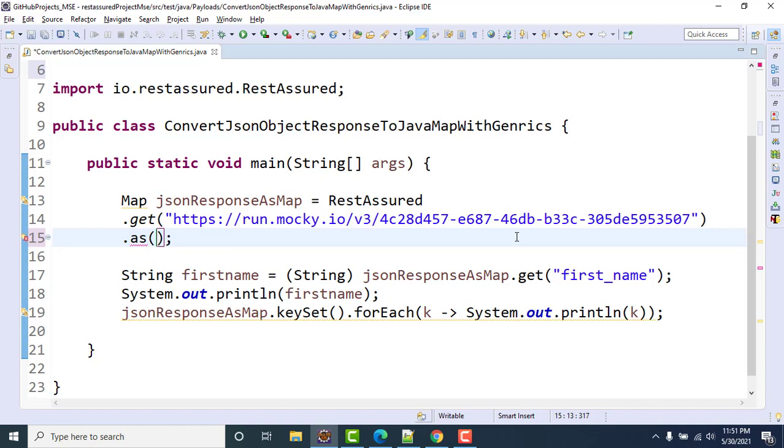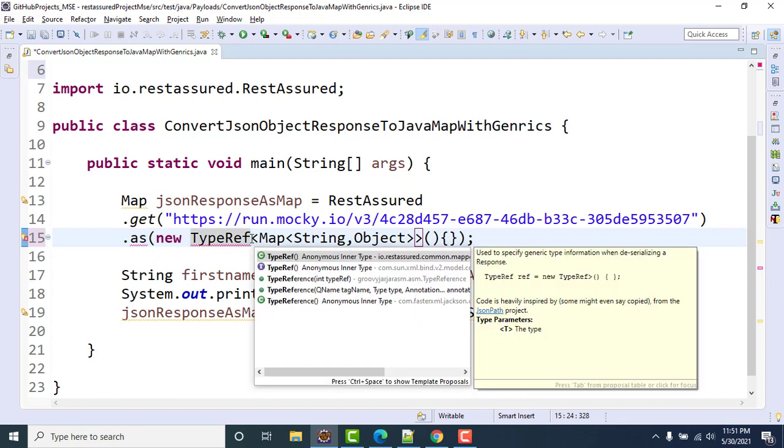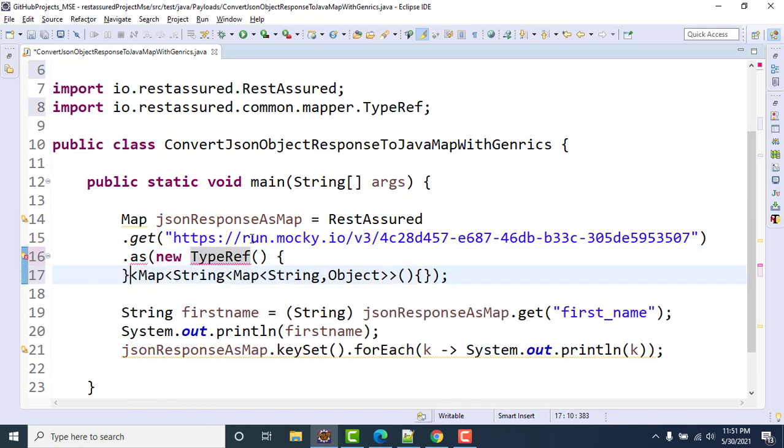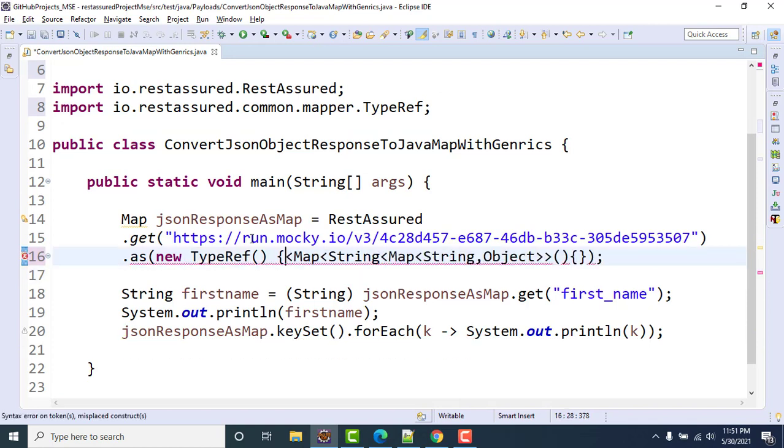So what I'm going to do here, I'm going to use the anonymous inner class. So I will use the type ref, and here I need to mention the generic, what type of generic I want. So map, it should be string and object. Let me close this one and put the empty braces, because we don't have any abstract method in this type ref class. Let me import it properly.